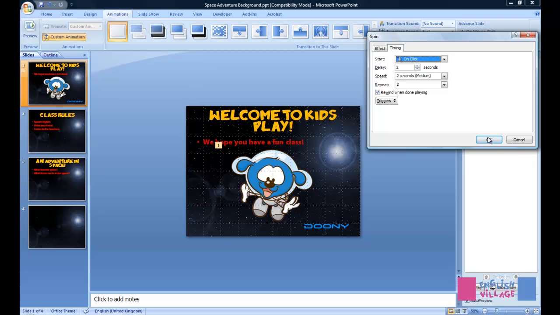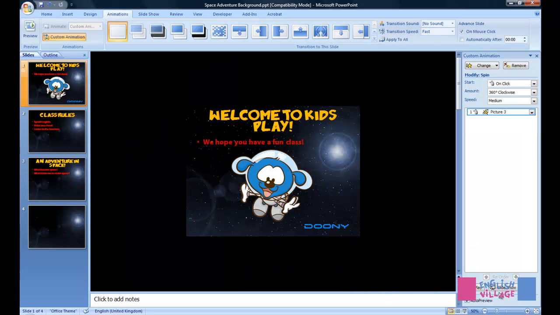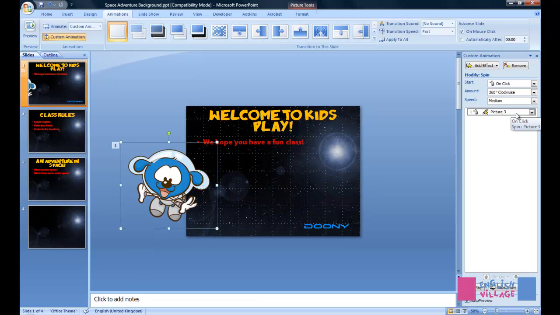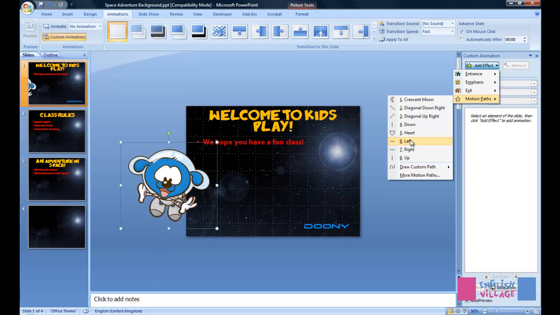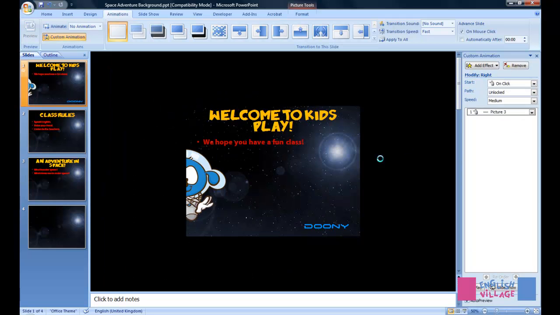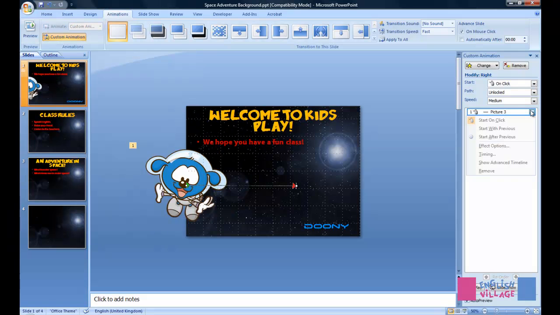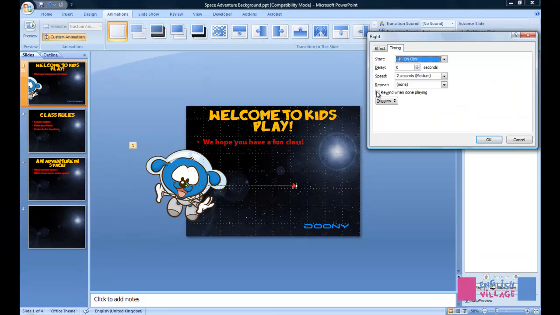And just to illustrate, I'm going to move Dooney off the screen, and I'm actually going to remove this effect, and I'm going to add just a simple motion path to the right. Okay, so he comes in from the right. So let's just increase the size of this motion path, and if I go to timing here and hit rewind